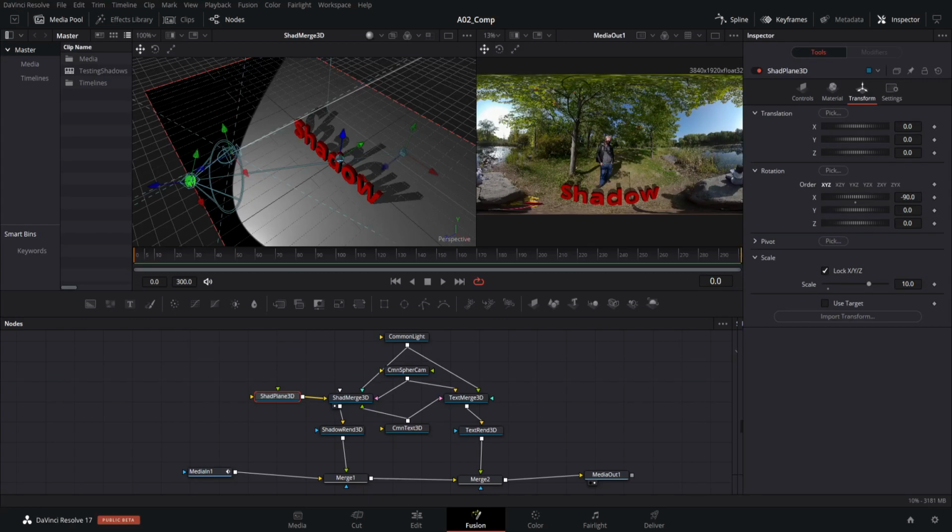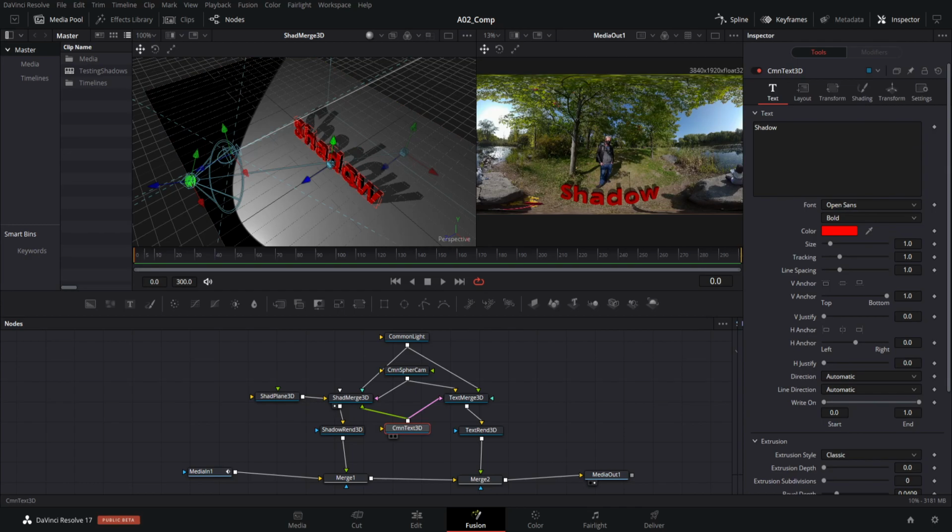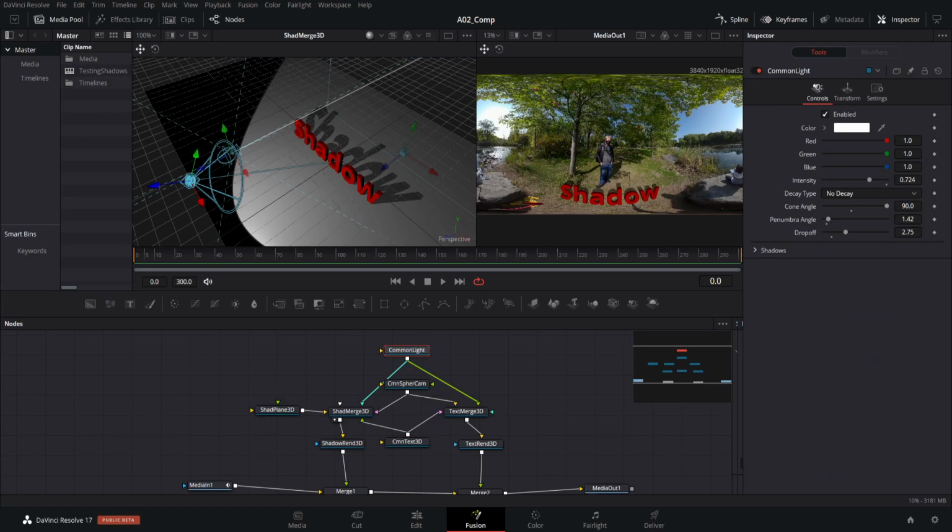Hello again. In part 2 of week 2, we learned how to add shadows to a video using 3D elements, 3D models. As an example, we used a text. We added a text here in Fusion, and then we simply wrote a shadow and added a little color red, and then added a common light